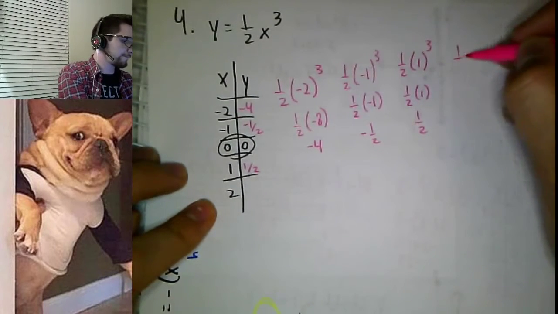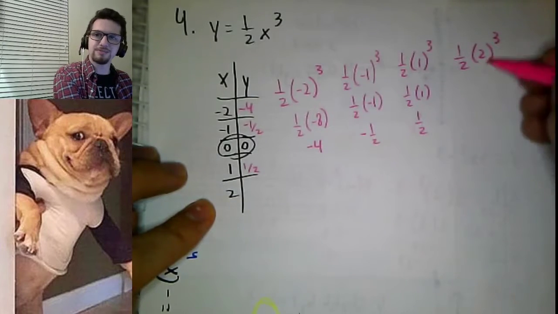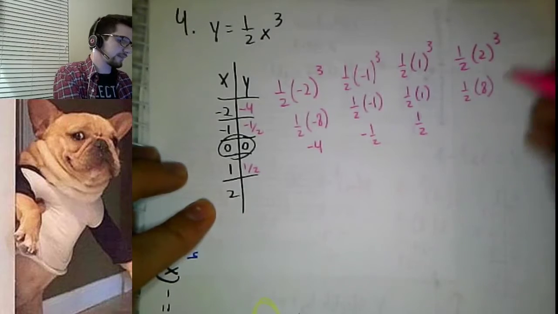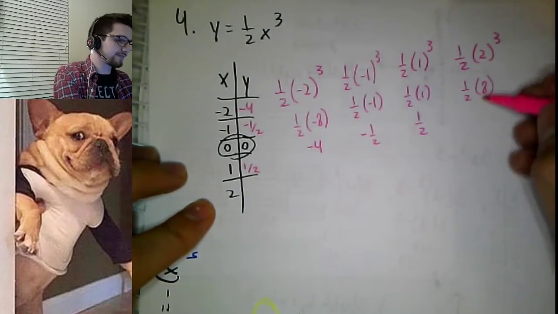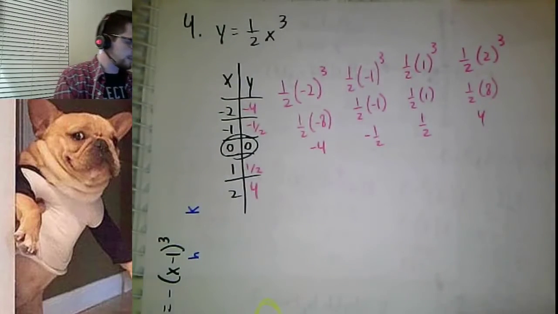And 2. What's 1/2 times 2 to the third power? 2 times 2 times 2 gives me 8. And then a half of 8 is just plain old 4. So,